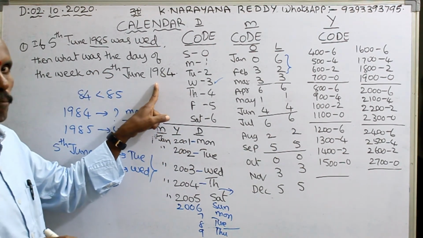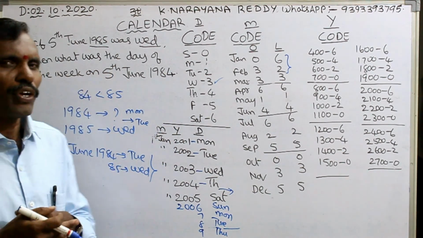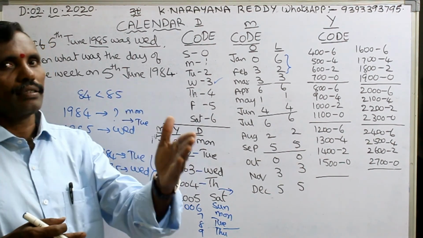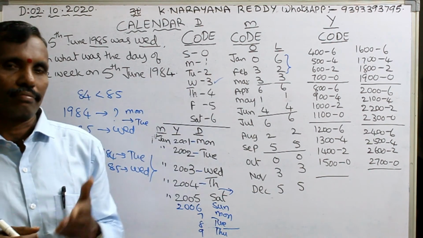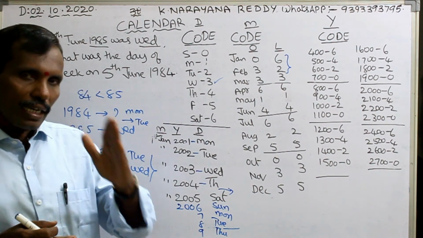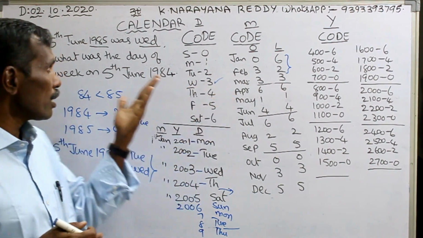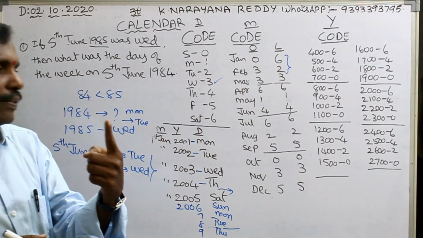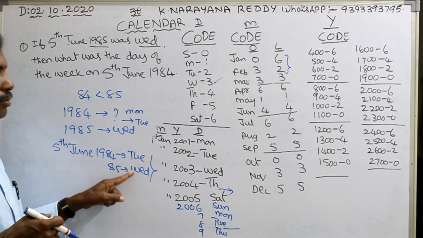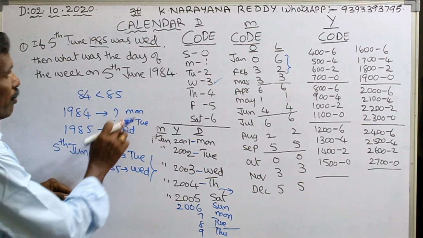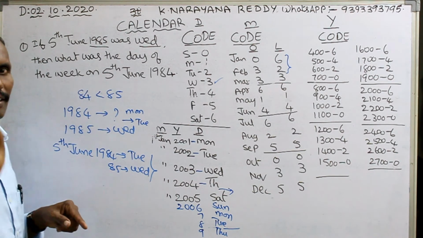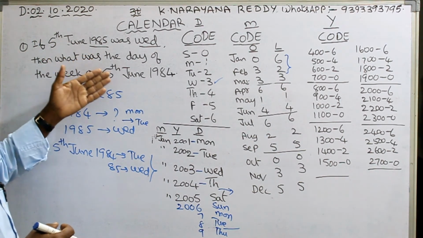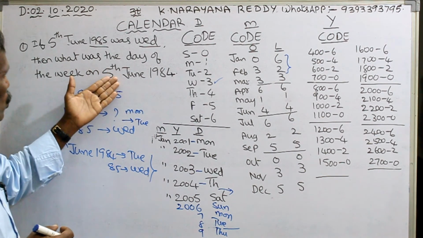But it is a leap year. But there is no February. Why are you calling it a leap year? February containing 29 days, at that time only that year is called a leap year. In that leap year, February contains 29 days. But here there is no February. That is why we are taking only 1 odd day. That is why we are taking the next day, Tuesday, Wednesday. That means 84 is what day? Tuesday. That's the answer. If you check, you can count all the days from 1984 5th June to 1985